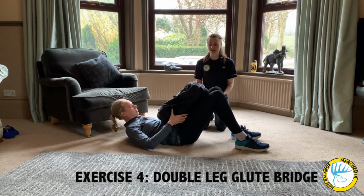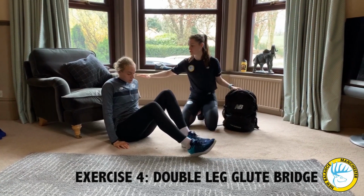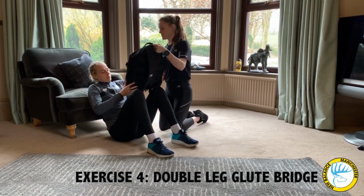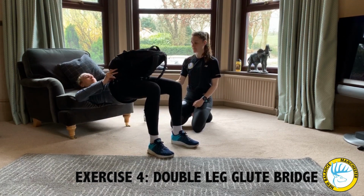Now if you want to transition and make this a little bit harder again, you can get to your sofa, put your shoulder blades across the top of the sofa, so just a bit of the seat. You're going to do the same again. You're going to have your bag on your hips and you're going to bridge up